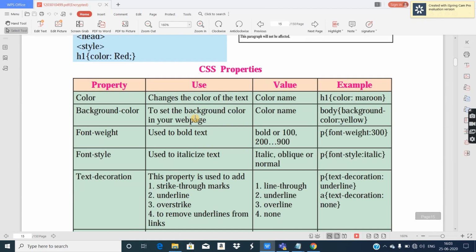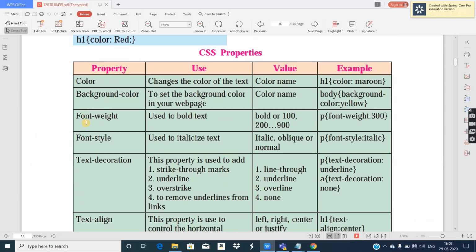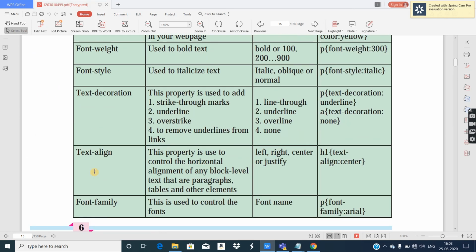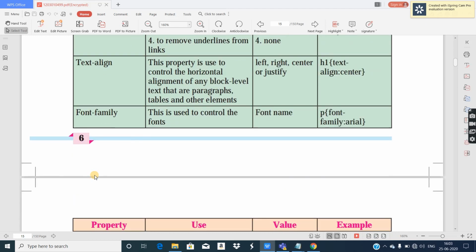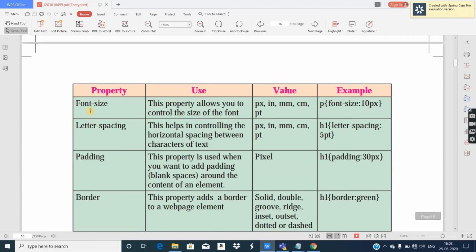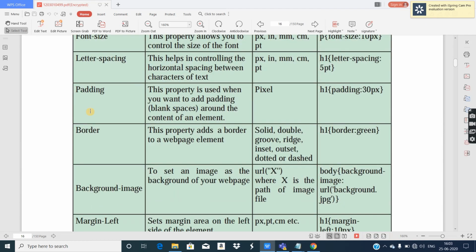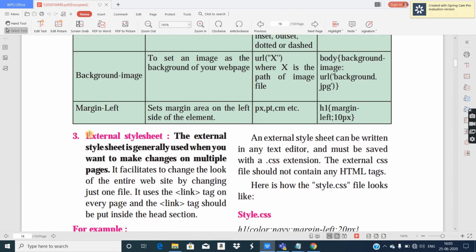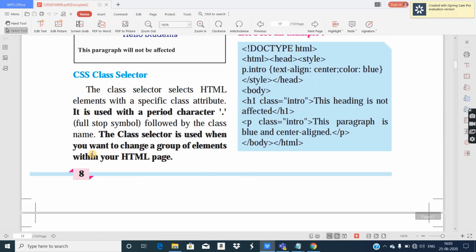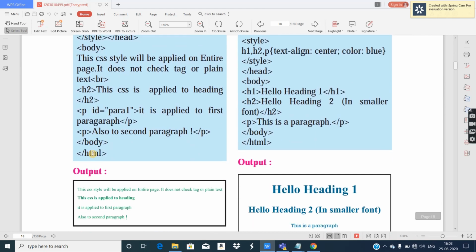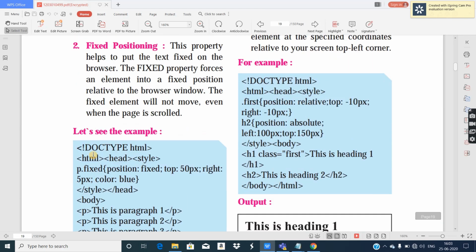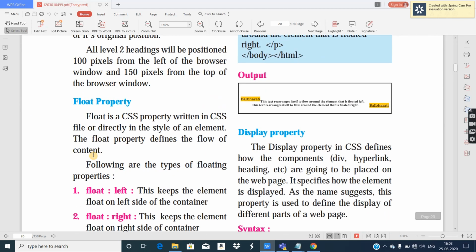Yes. Color, background color, font weight, font style, text decoration, text align. Yes. Font family also executed. Font size, letter spacing, padding, border, background image, margin left. And these two were separately given. Which one? Float property and display property, all covered.